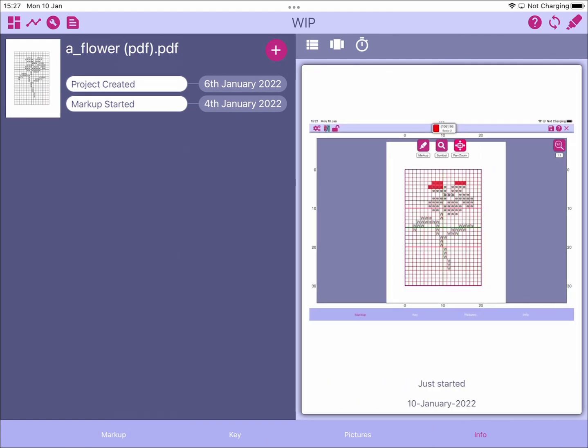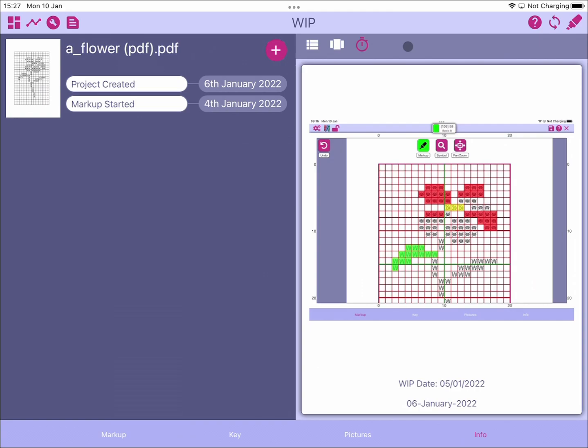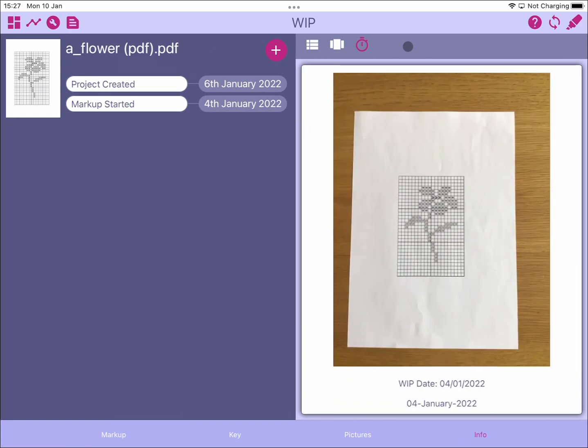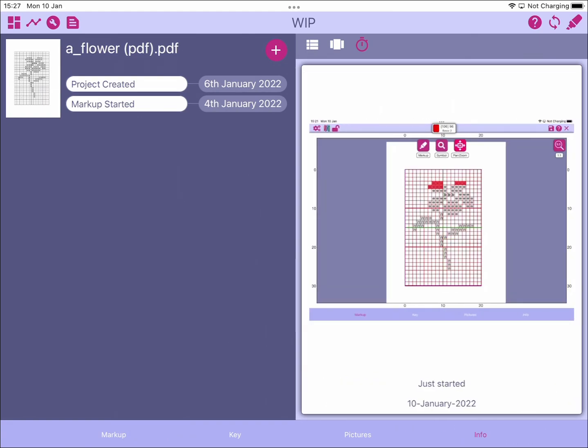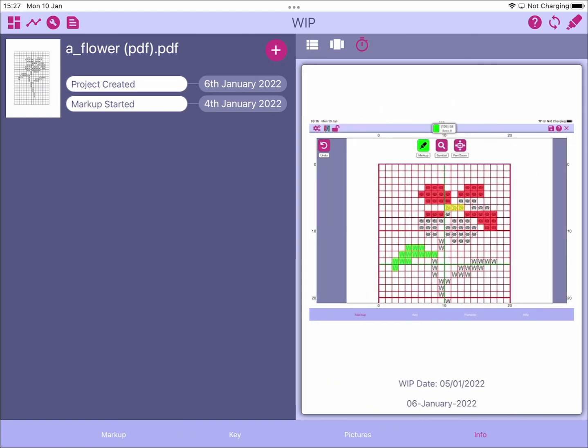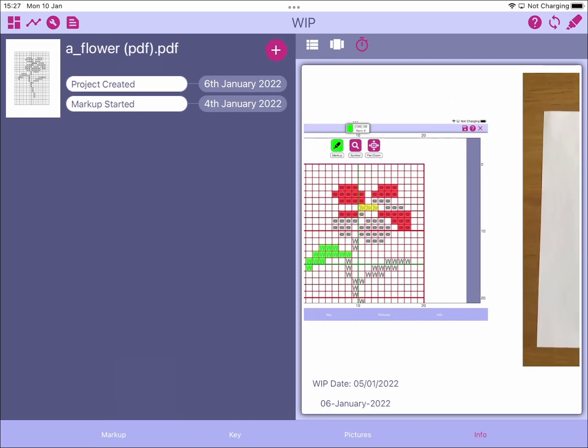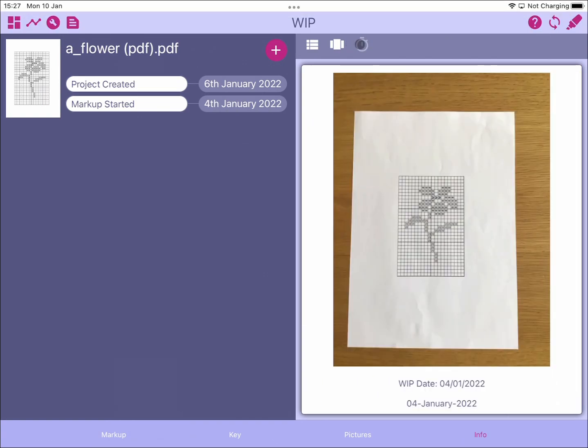So if you were to keep a history, a visual history of your chart as it was progressing, that would allow you to see that. And what we've done as well is we've added just a little timer. So you can click that timer and every few seconds the markup RXP will just start toggling through your work in progress so you don't have to keep swiping through to see the various images that you've selected. So if we stop that.